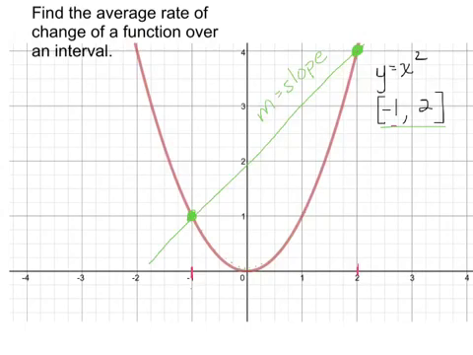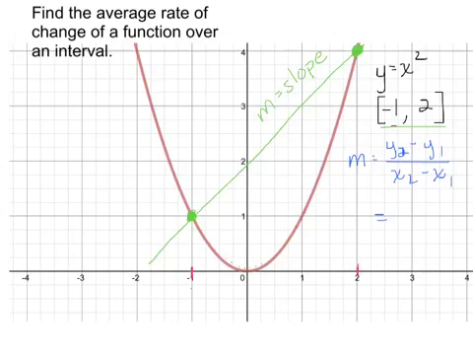So whenever you're asked to find the average rate of change of a function over an interval, find the slope of the line that runs through the starting point and the ending point. And so you probably remember your formulas from algebra. The slope formula is y2 minus y1 over x2 minus x1. Right? So in our case,